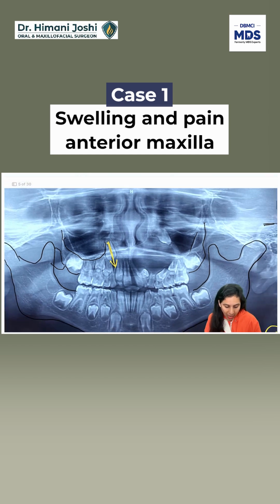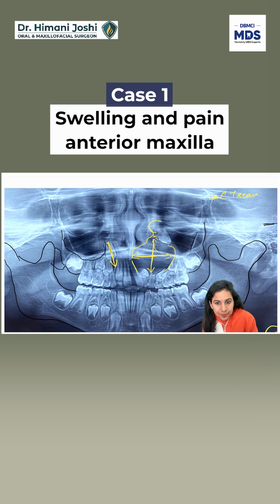My next step after this OPG will be first to send the child for a CT scan, so that I know the extent. From here, how much it is encroaching, and there is some radiolucency here also. So is it really encroaching the orbit? What is the antero-posterior extent of the disease? Because here I can see only the mediolateral extent and superior-inferior extent by a very gross method. I cannot see the depth of penetration of the pathology. So I order a CT scan.